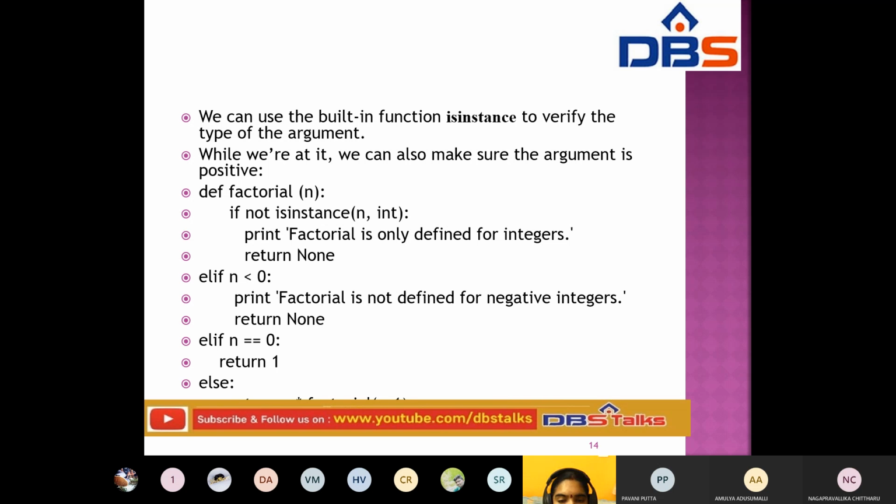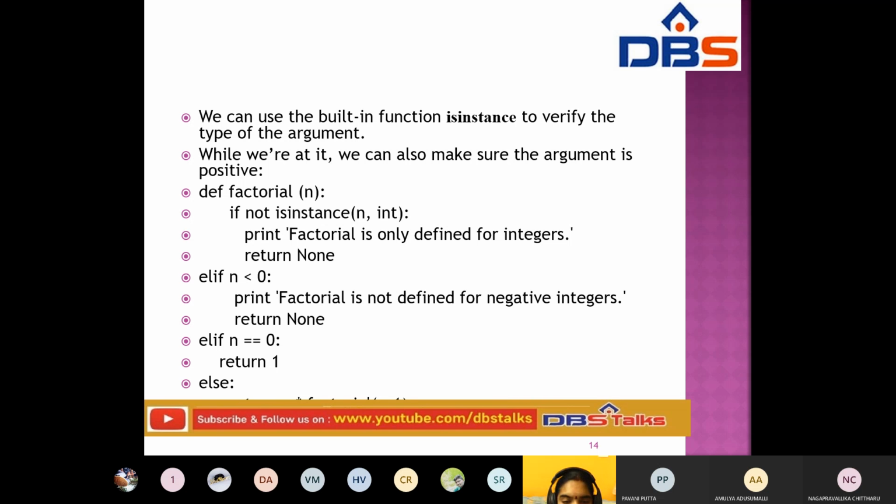Here isinstance is used to verify the type of the argument. Print "Factorial is only defined for integers."